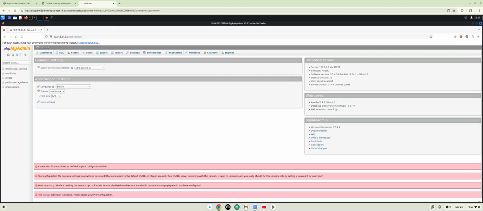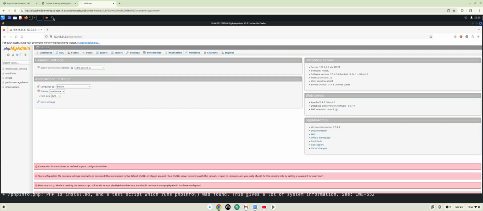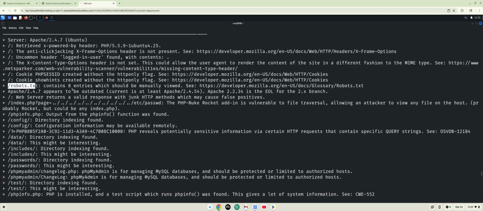Well, remember, this is Mutillidae, so it's supposed to be vulnerable, and it's supposed to show worst case scenarios as far as hosted web applications. So do keep that in mind, that things aren't going to be this easy to find, or hopefully not this bad in the wild. Okay. Now that I've covered that,